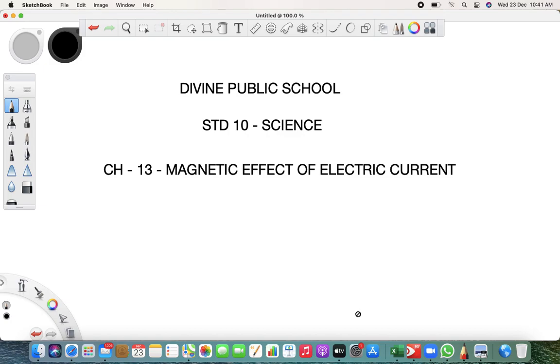How does a magnetic thing affect current? This current and magnet, what is the relation? We never saw such things, but today in this chapter I'm going to show you and share details regarding this. But before that, let us try and see